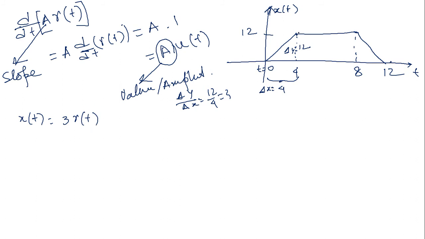3 r(t). Then, as I have told you in the last problem also, whenever we have a flat surface, that is slope equals 0, that means after the slope, when we have a flat surface, another ramp is present opposite of this slope, that is minus 3. So minus 3 started from 4, so r(t) plus 4, t minus 4.